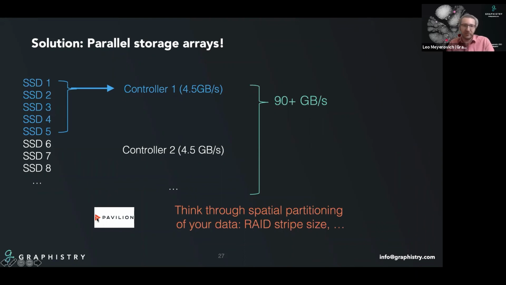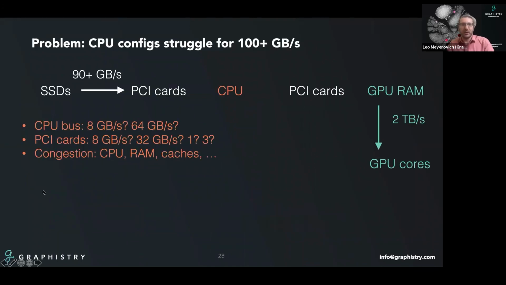So when I was referencing Pavilion, they're a good example of one of these modern storage companies that will actually sell you a storage array that's based on this stuff. And then as you have more storage, instead of having to buy a new computer, you can just slot in some new drives. So that's pretty cool. So now that we're actually getting data off our storage at a pretty fast clip,